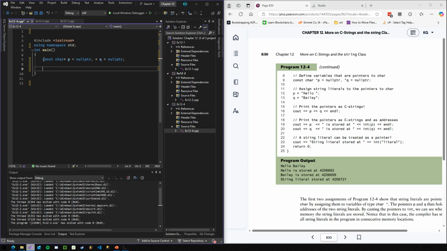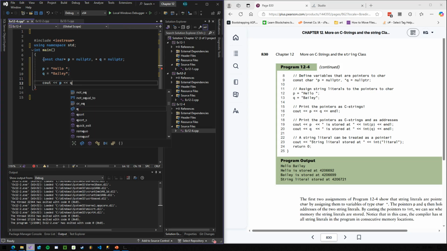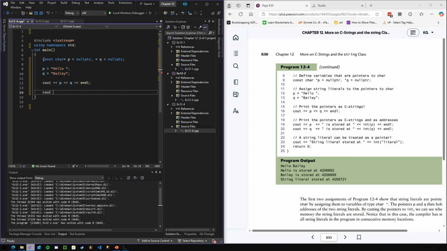So we can do this because of what we just talked about in the PowerPoint. We can say this pointer to char p equals the string "hello", and then q, this pointer to char, equals "Bailey". Then we can print out cout p, cout q, cout endl, like so, and then we can cout